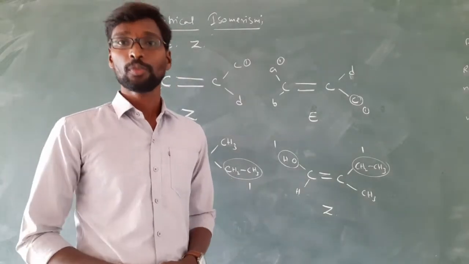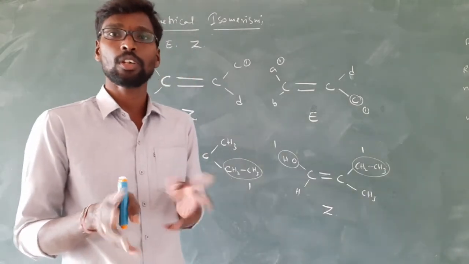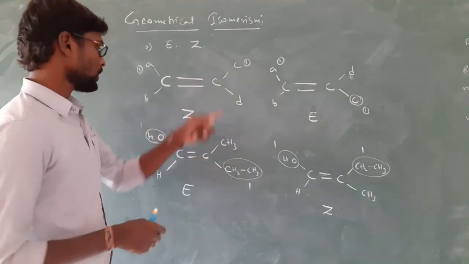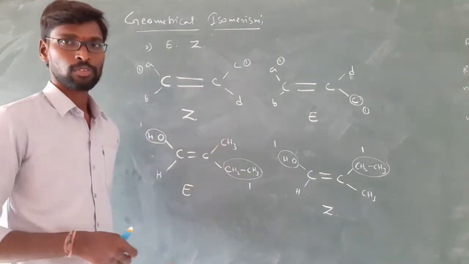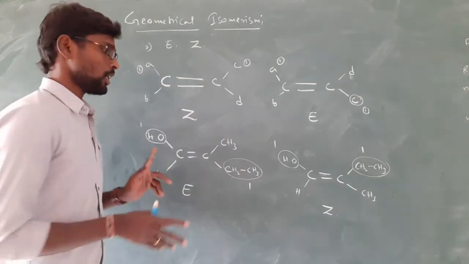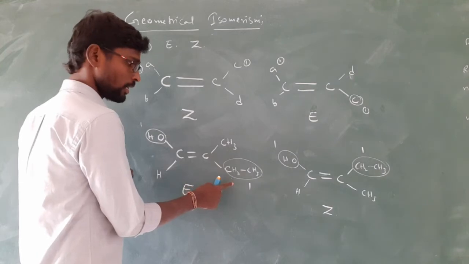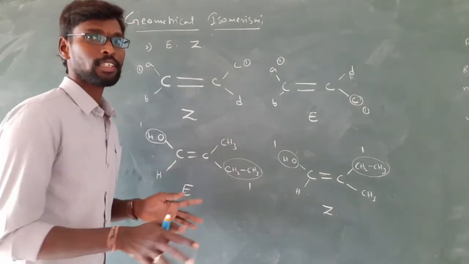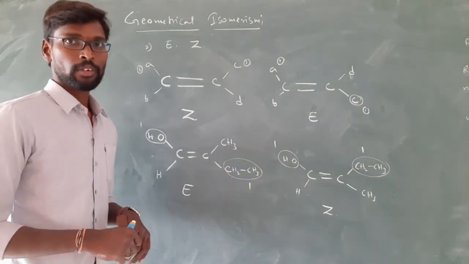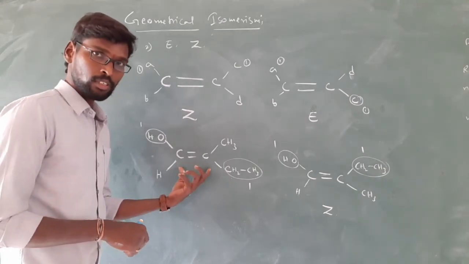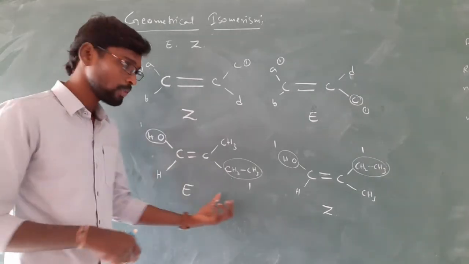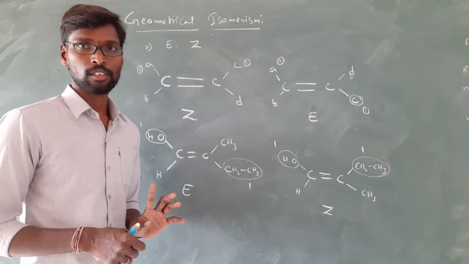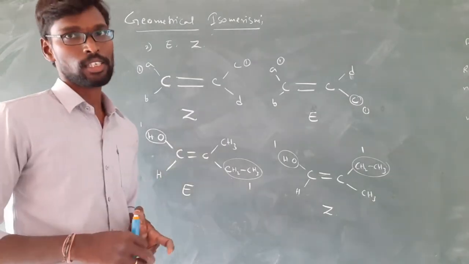This appears when the double bonded carbons have different groups, not the same groups, like A B C D, or simply like this: OH, H, CH3, C2H5. Then only this EZ concept will arise. If OH and OH, suppose OH is here, and again one more OH is here, then EZ does not appear, cis trans will appear. On adjacent, double bonded carbons, if you have the same group here and the same group here, then cis trans will arise. If all are different, then the E and Z concept will arise. Okay, so this is about the E and Z concept.